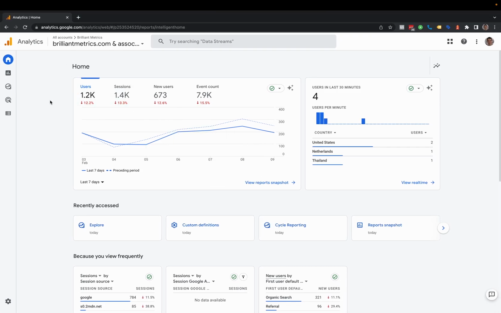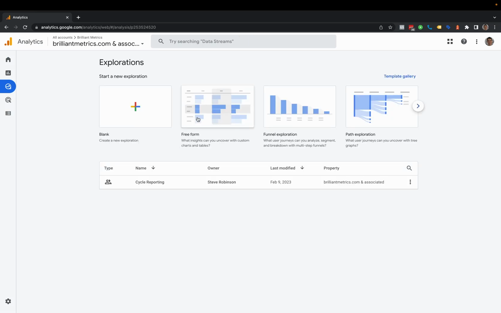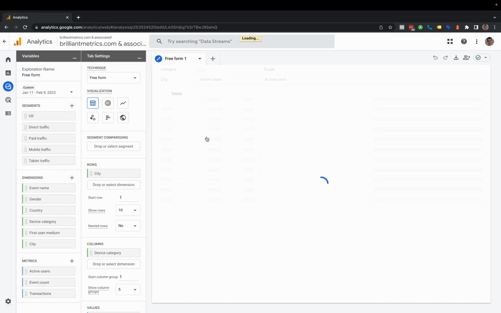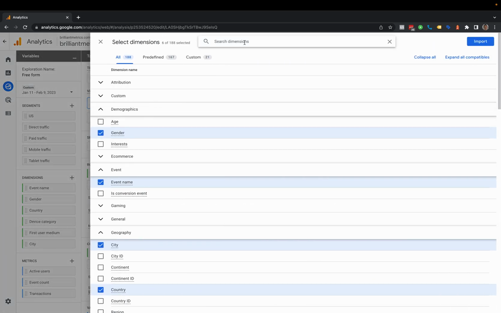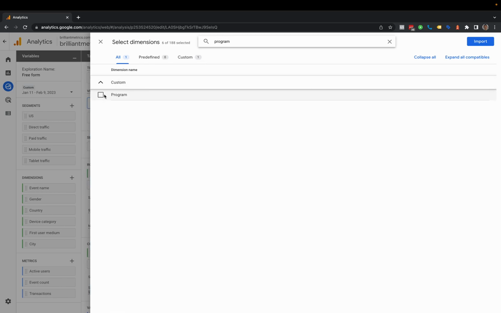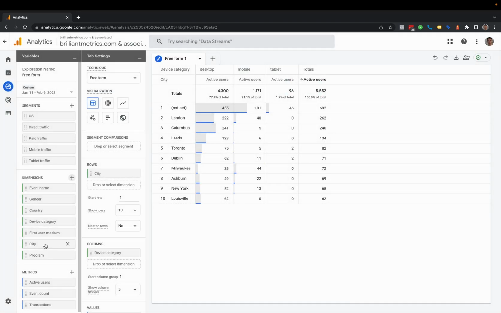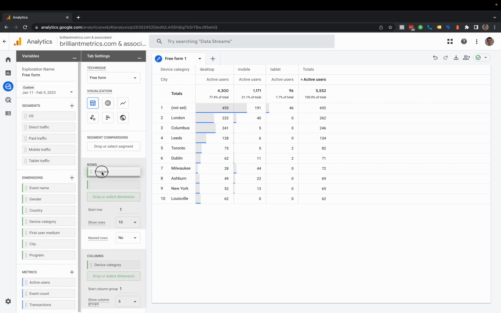So if I'm over here in Google Analytics 4 and I want to come over here to Explorations, I can create a new free-form exploration here. Now, loaded in here are a series of dimensions and metrics. These are the basic ones that exist out of the box, and right now we're breaking things down by city. But what I can add over here is, let's say I want to know what Brilliant Metrics program that traffic came from. I can go and add the custom dimension of program into my report and then drag program over here